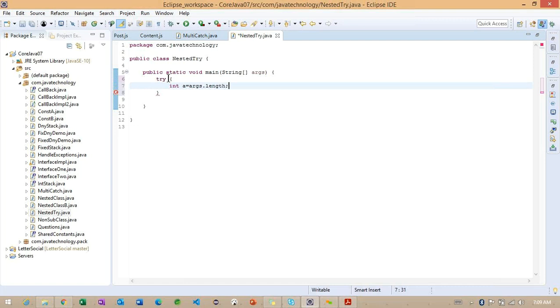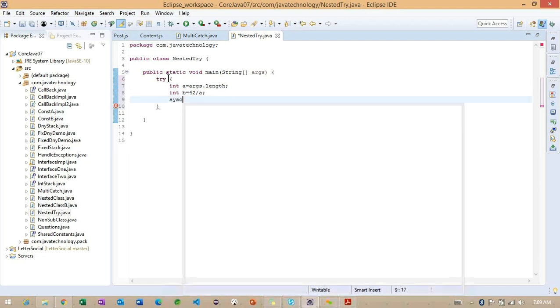Now once we created this length, the same example I want to work here, something called 42 by A. And later, I will try to print A value. So A value I'm printing here.